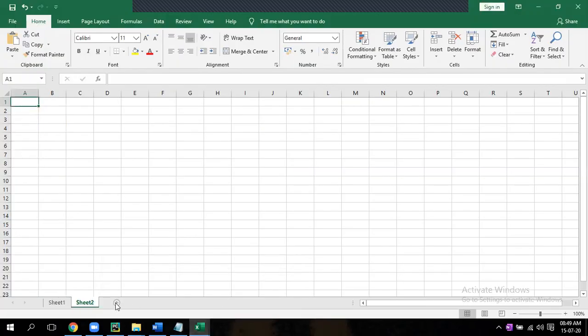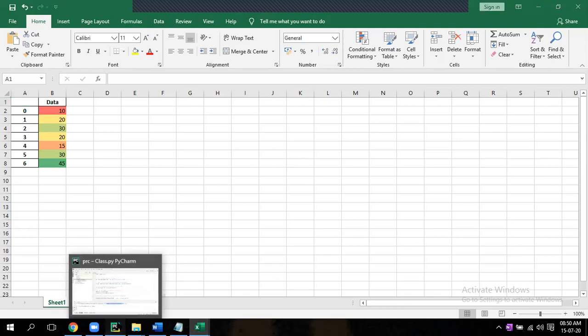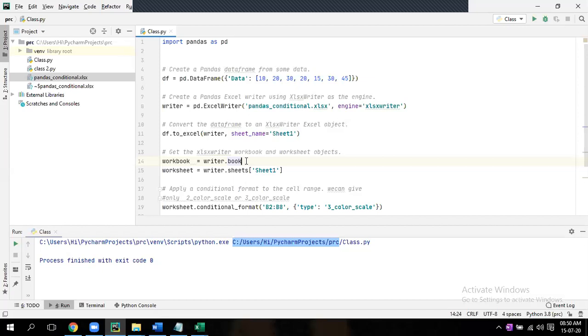These are the sheets. Sheet one, sheet two, multiple sheets. This is a sheet, sir. These are the sheets. Okay. And let's say we are opening one more Excel. That is nothing but a workbook. Okay, sir. More than one Excel file. Yeah. Correct. Okay.